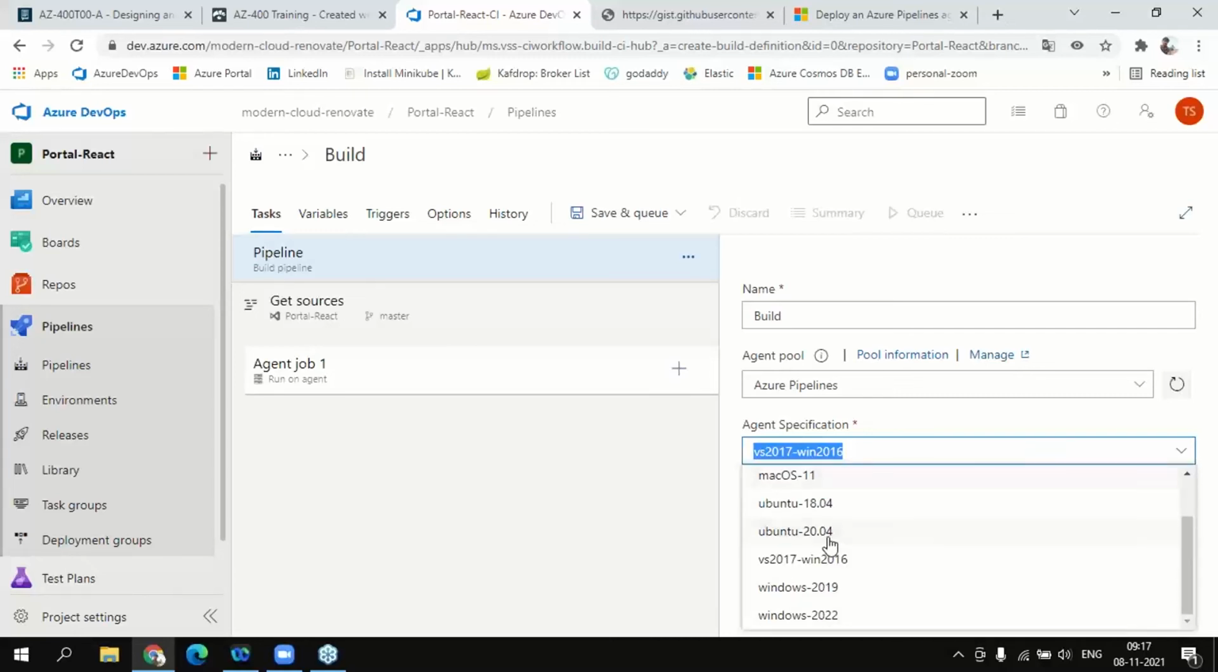Okay. But in my case, for building a React project, you need to have Node.js installed. But if you are not aware of Node.js, that's fine. Maybe you can consider this is a .NET project. The .NET project can be run on Windows Server 2016 or something. Even that can be run on 2022 also, but in my case I'm selecting VS 2017